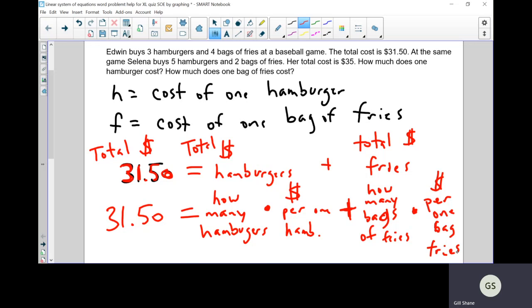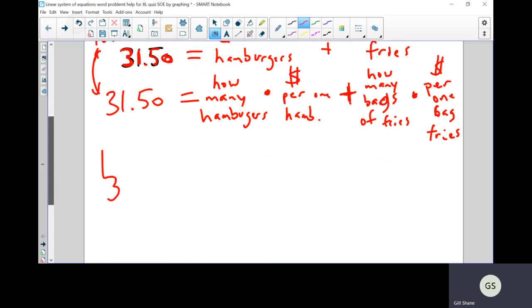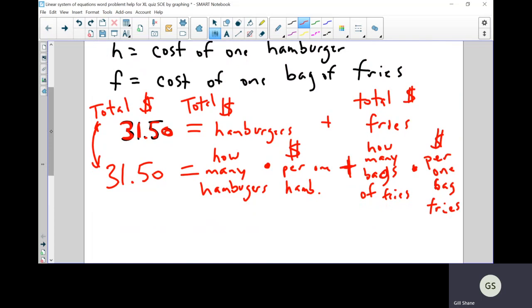$31.50, which is the total dollars spent, so it's still total dollars. Total dollars is going to be how much did I spend on just hamburgers, and then how much did I spend on fries. Well, now I can kind of start filling some of this in. So 31, oops, don't know what happened there. Try that again. I should put this in tablet mode. That would probably work better, but I'm afraid it might mess it up, so I'm going to avoid that for now. So 31.50